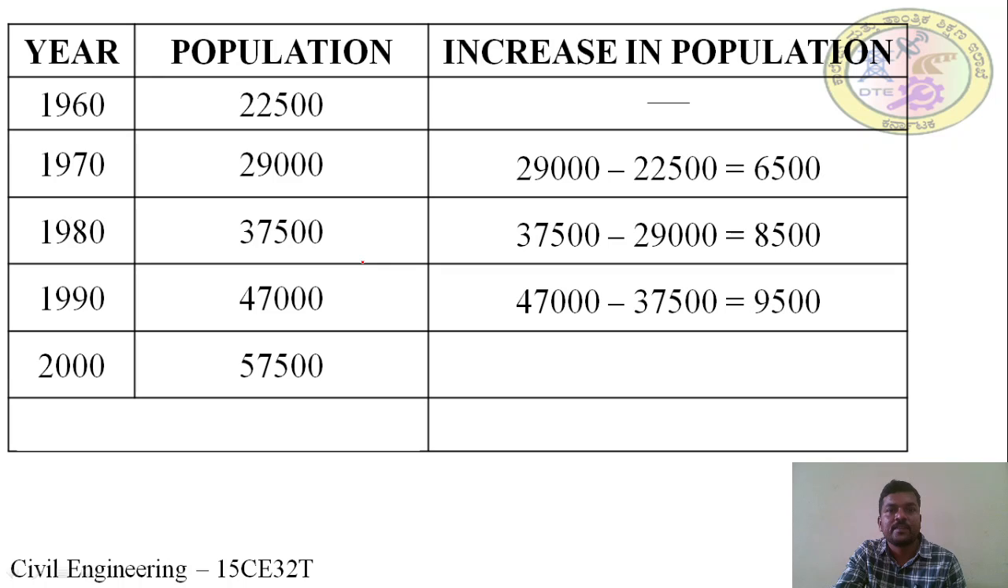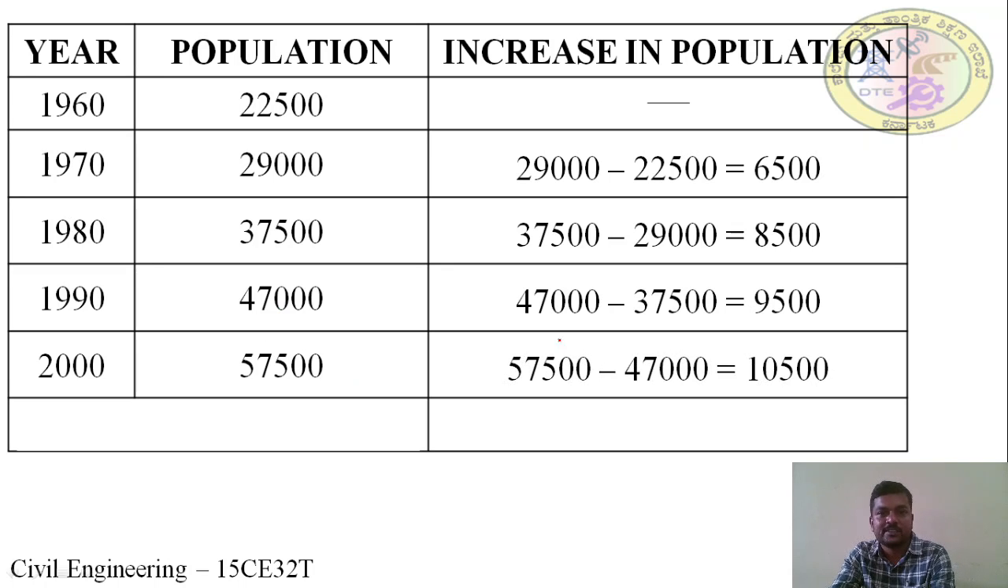9,500. The increase in population for the year 2000 is equal to the population in 2000 minus the population in 1990. It is 57,500 minus 47,000, which is equal to 10,500. We have calculated the increase in population with respect to each decade, that is 1970, 1980, 1990 and 2000. So we need to find out the average increase in population per decade, that is the constant we use in the arithmetical increase method, that is dP/dt is equal to